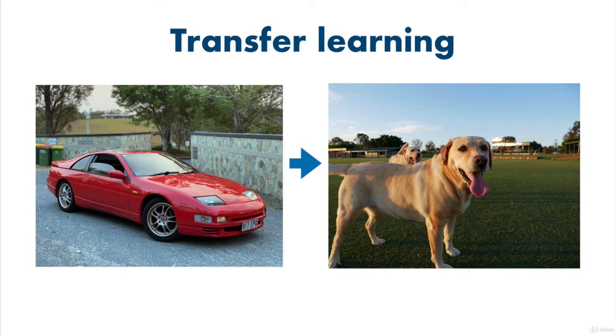You could find an existing model which has learned to decipher different car types and fine-tune it for your task. Now, why is this valuable? Because training a machine learning algorithm, which means letting it find all of the patterns in data, can be a very expensive task. To find patterns in data, a machine learning algorithm has to make millions of calculations. And although computers are very fast at making calculations